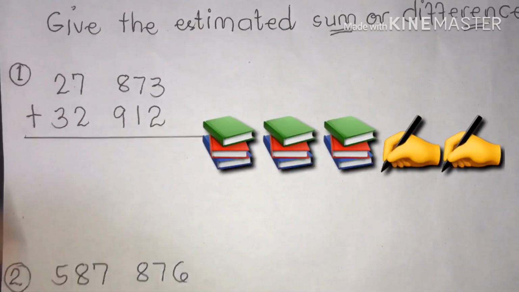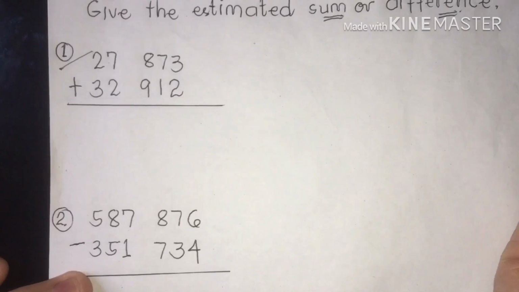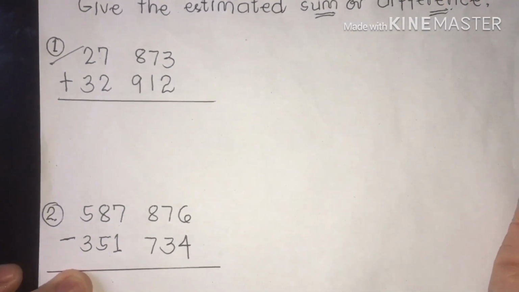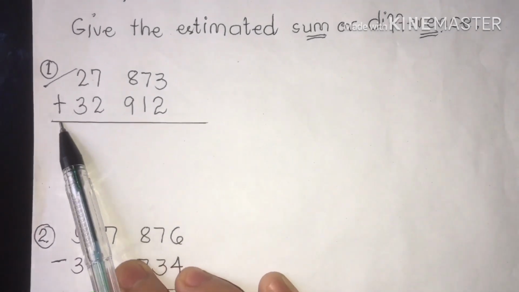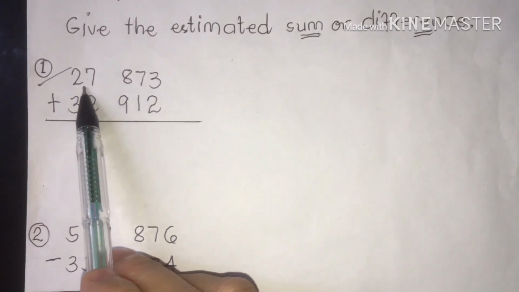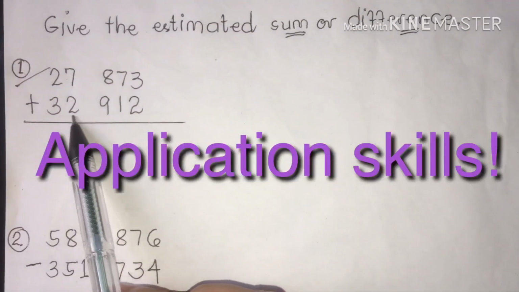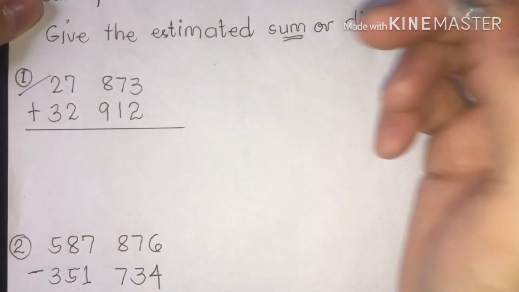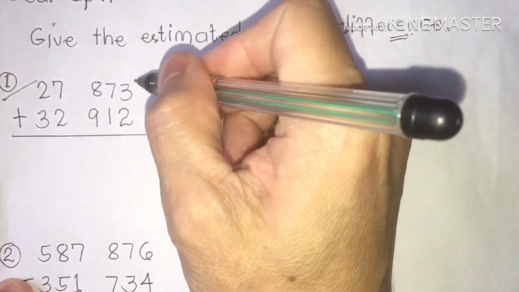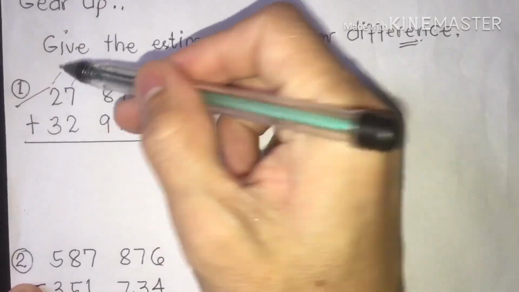Here we go. I'm going to give you, my dear viewers, the actual sum of the given equations, and then I'm going to give you the estimated sum or estimated difference. In number one, we are going to estimate the sum. We have 27,873 plus 32,912. All we have to do is add the ones according to place value, tens, hundreds, thousands,